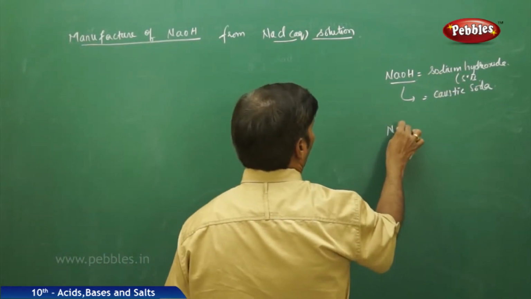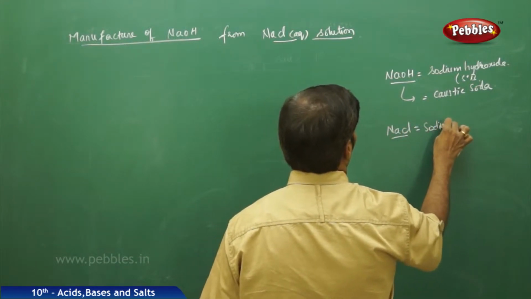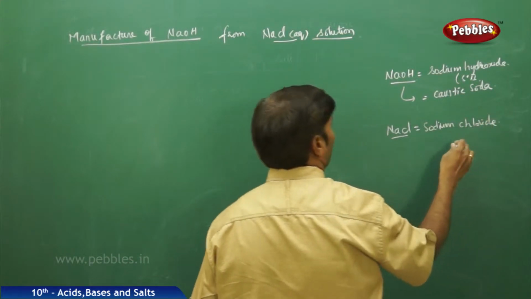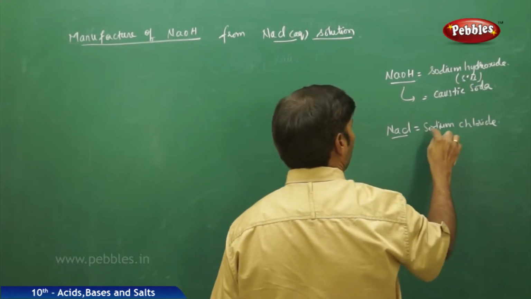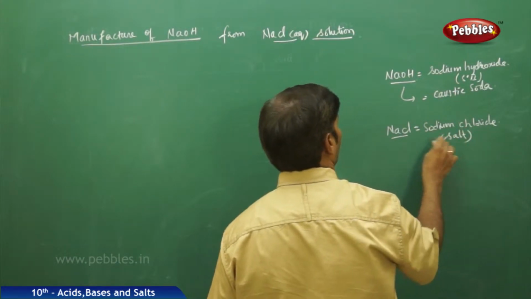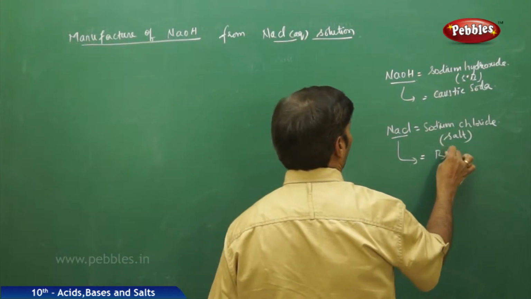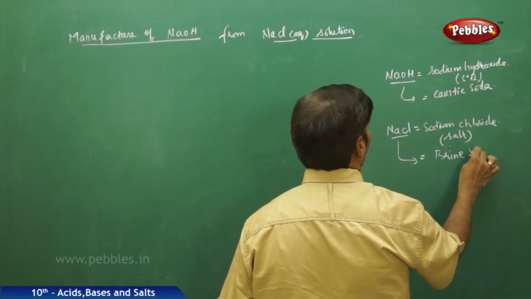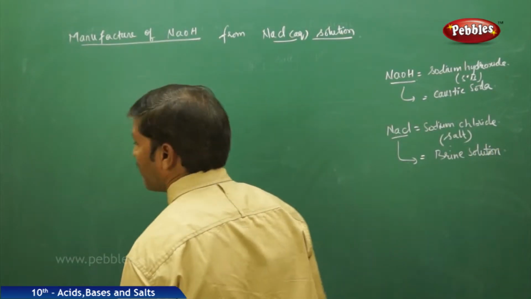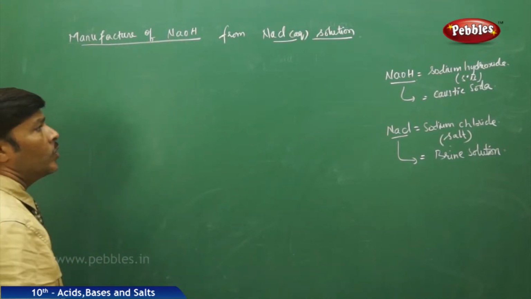Similarly, NaCl is sodium chloride. It's a salt of a strong acid and a strong base. This sodium chloride is also called brine solution. So here we are trying to manufacture sodium hydroxide from